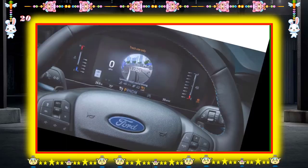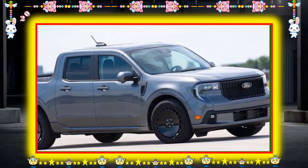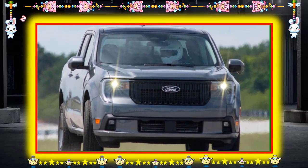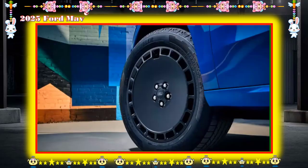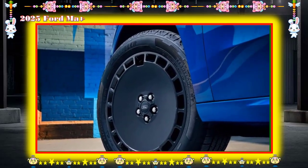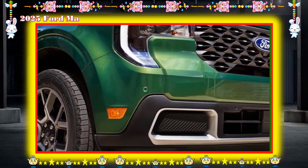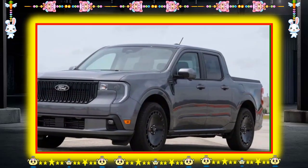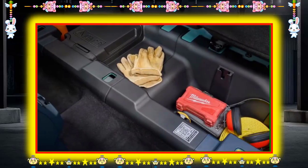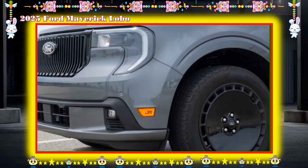The latter adds a heated steering wheel and seats, a 360-degree camera, a sunroof, Ford's Co-Pilot 360 Driver Assist Tech, a spray-in bedliner, and Pro Trailer Backup Assist and Hitch Assist. The best news is that the standard spec Lobo starts at $36,595, putting it in the heart of the Maverick range and making it a nice starting point for further customization. The fully kitted Maverick Lobo rings the bell at $42,090, just above the